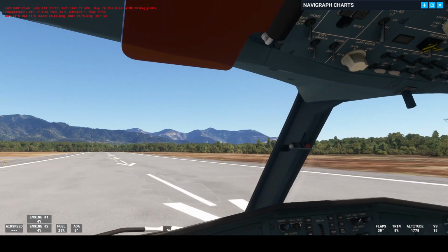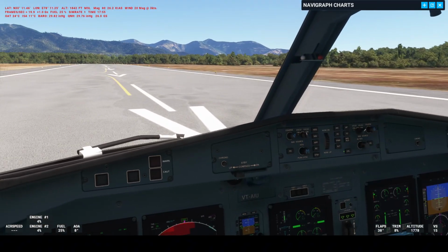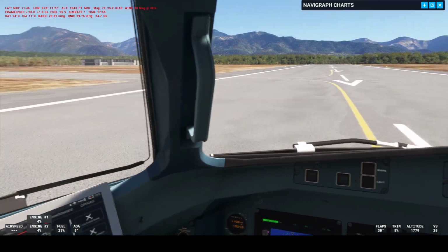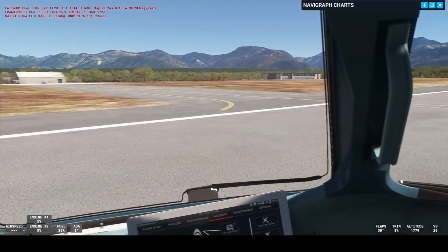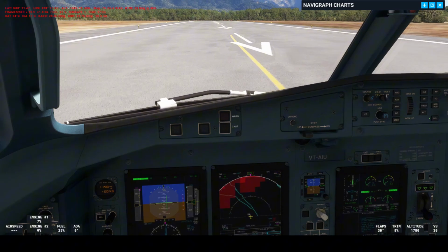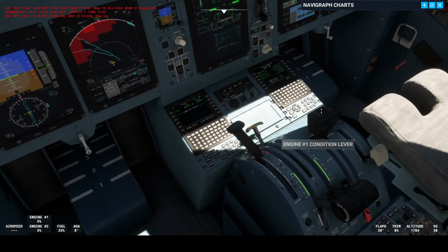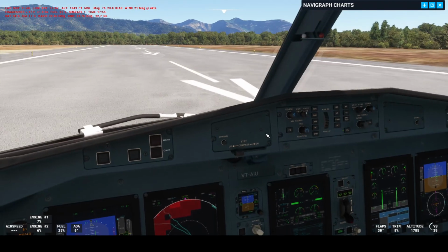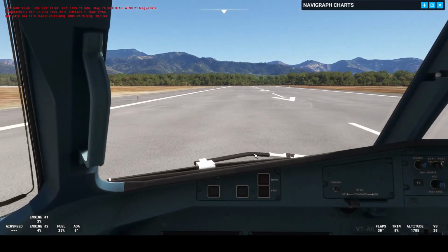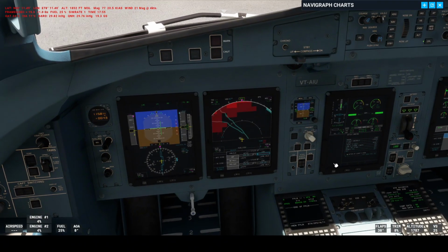So we can now turn off the landing lights. Just turn off all of these because we don't really need them. It's not real life, so we can turn off all of our strobes and whatnot. Taxi lights. Can now come down here and set these back to auto. Just clear this